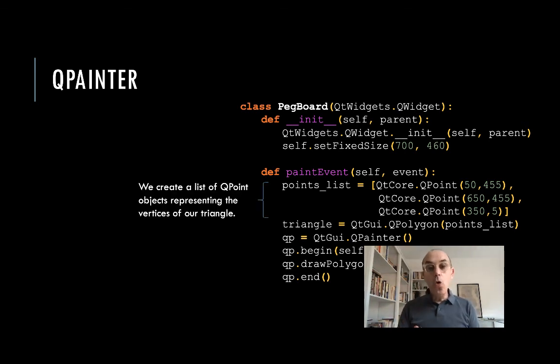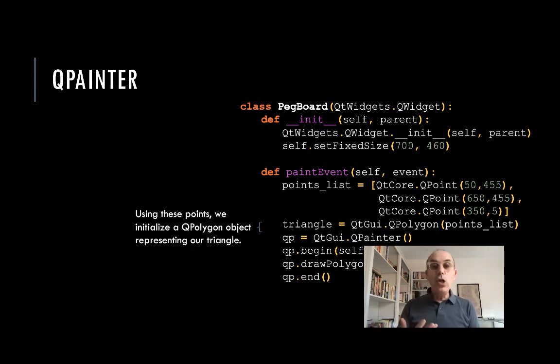In this code that I presented before you, we are creating a list of QPoint objects representing a triangle that we apply. Using those points we can utilize